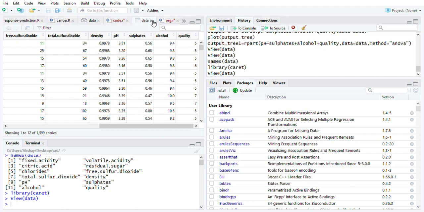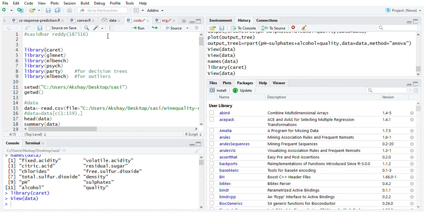The model I am using is, first of all, multiple linear regression, and then ridge and lasso regressions. Finally I will show the difference between ridge regression, lasso regression, and multiple linear regression, and which method is more useful. Finally we will see whether the data has any outliers or not. If we have any outliers, we will show in this video how to remove them.